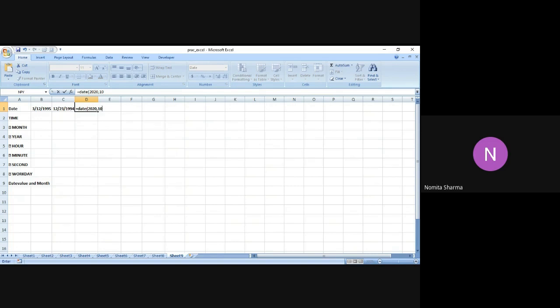In a similar manner, for the day, it can be any number between 1 to 31. So let me write this and consider this as the answer. That is how we can use the date function very easily by just giving the date function and following the syntax of giving the year, the month, and the date as well. So that was very simple.